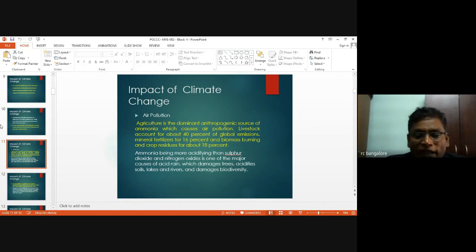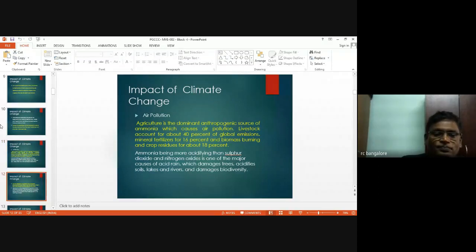Ammonia, being more acidifying than sulfur dioxide and nitrogen oxide, is one of the major causes of acid rain. So what will happen? These chemicals enter the atmosphere and make an impact through acid rain formation, which damages trees, acidifies soils, lakes and rivers, and damages biodiversity. So we are using these fertilizers and chemicals in agricultural activity, but in turn they again affect forestry and other